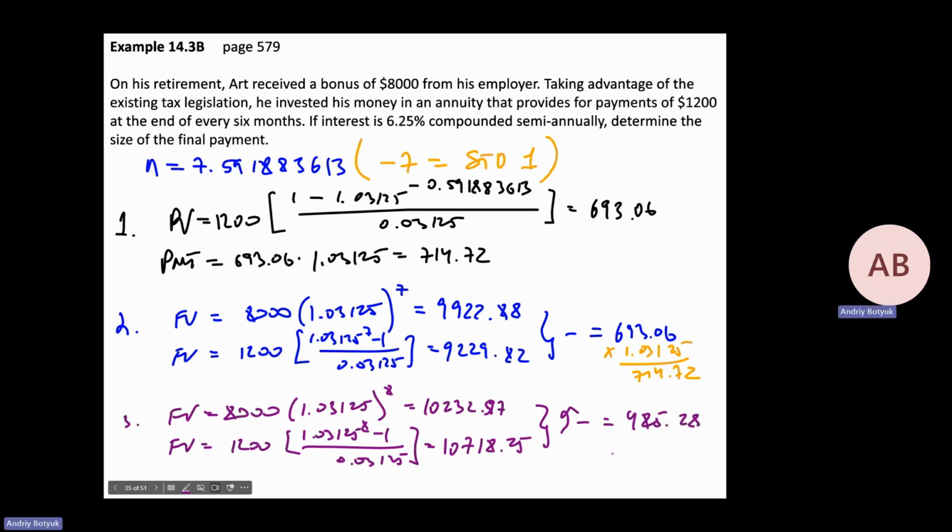So that's the amount we overpaid. And now 1,200 minus 485. 28. That's it. Yeah, and if you go,